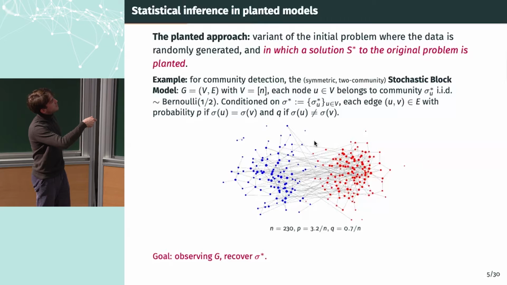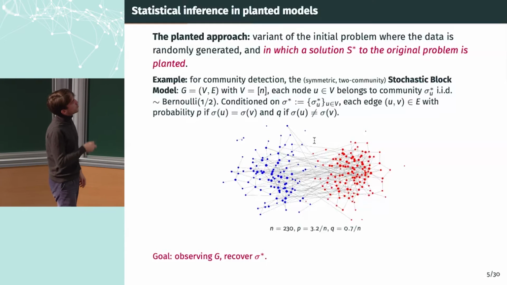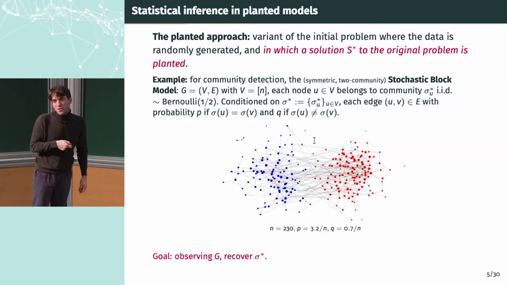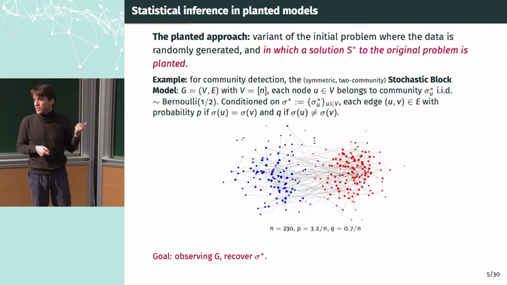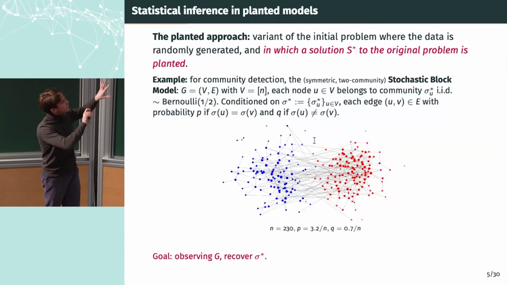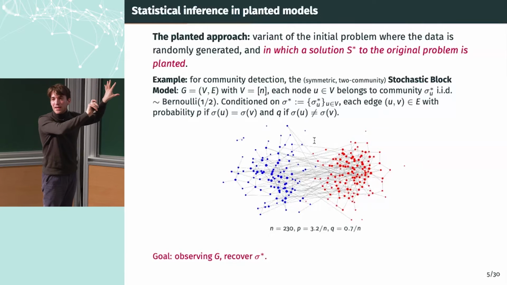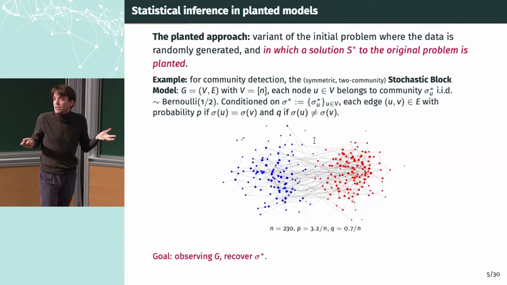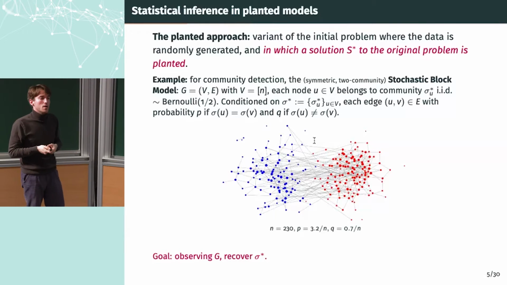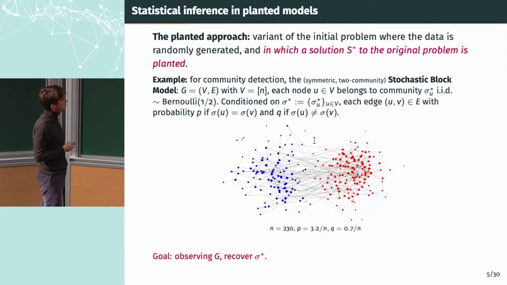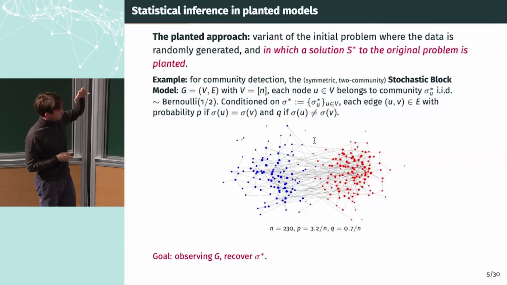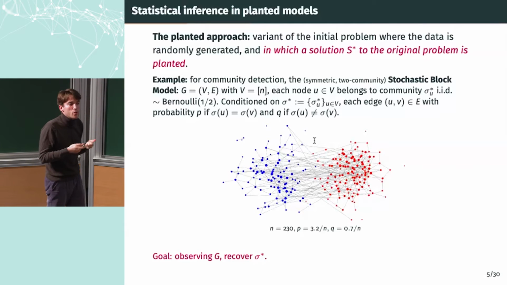Here is an example of what a stochastic block model looks like in the case where there are two communities. For the sake of presentation here, I cheated twice. I colored the points, telling you which community they belong to, and I also represent the graph so that you see clearly that there are two communities. But in general, I can't have any canonical way of representing my graph. So this is just for presentation, to show you that these graphs indeed contain a community structure.